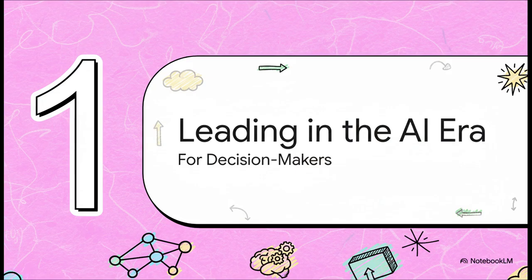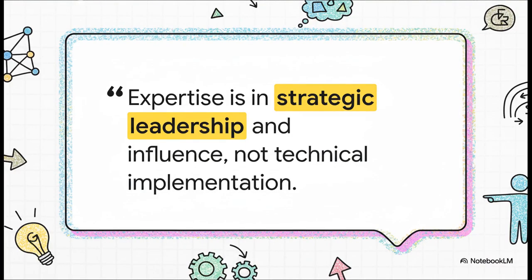And let's get one thing straight right off the bat. This is not about turning you into a machine learning engineer. Nope, it's about giving you the strategic vision you need to guide your company's AI plans and actually make them work. And this quote from Google Cloud, man, it just hits the nail on the head. Your job as a leader, it's not about the technical nitty-gritty. It's about strategic leadership. It's influence. It's knowing the right questions to ask, where to find those big opportunities, and how to do it all without getting bogged down in the code. Bottom line, it's about strategy, not syntax.